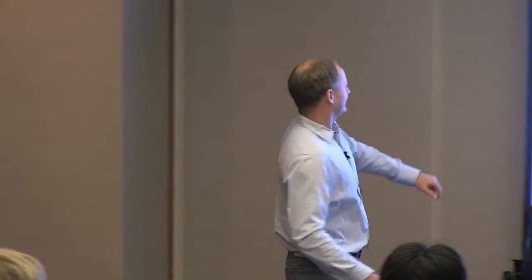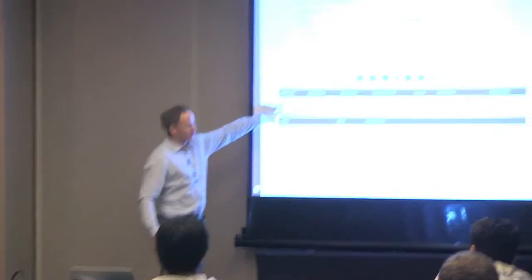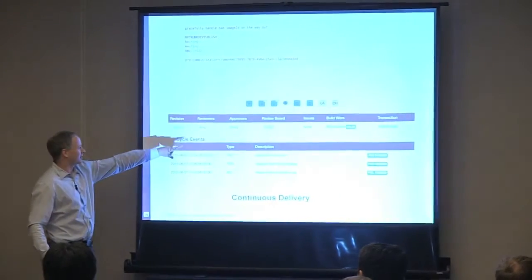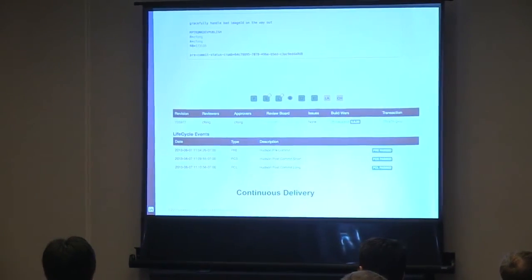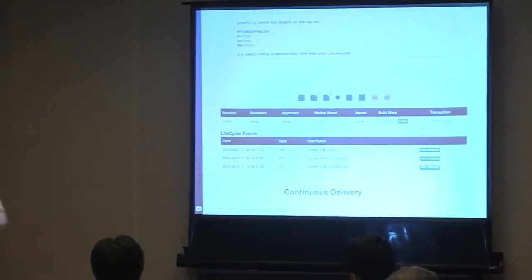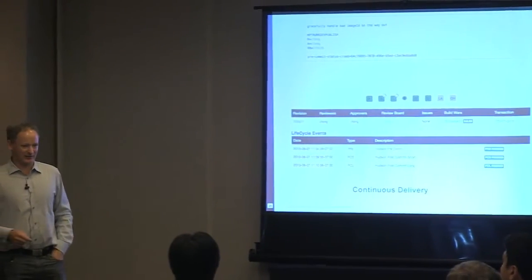So we track the continuous delivery pipeline very, very closely. This is a single commit. We track all of the stages of the pipeline. We track everything that's going on. This is a Subversion product, but we also support Git. This is Subversion, so we have the revision number and the review number. We can audit any change in the system. We know everything about every change in the system.